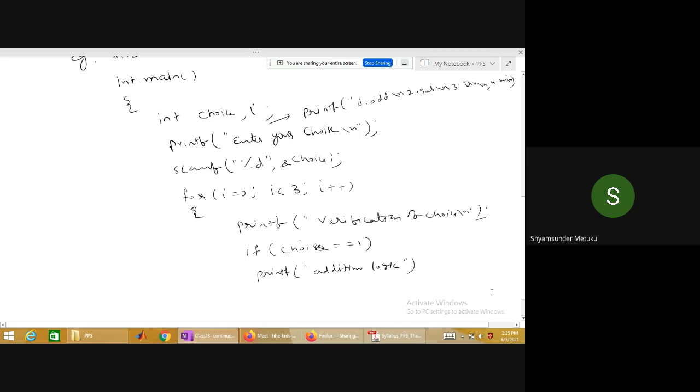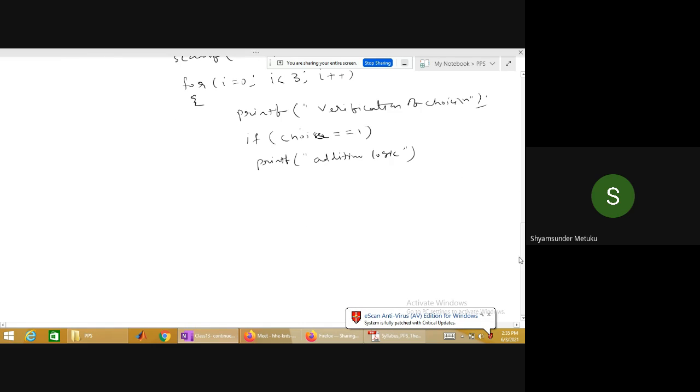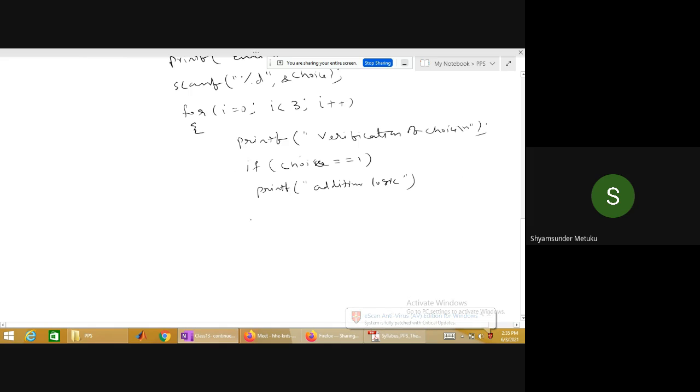Just a minute. If choice double equal to 2, printf, this is subtraction logic.